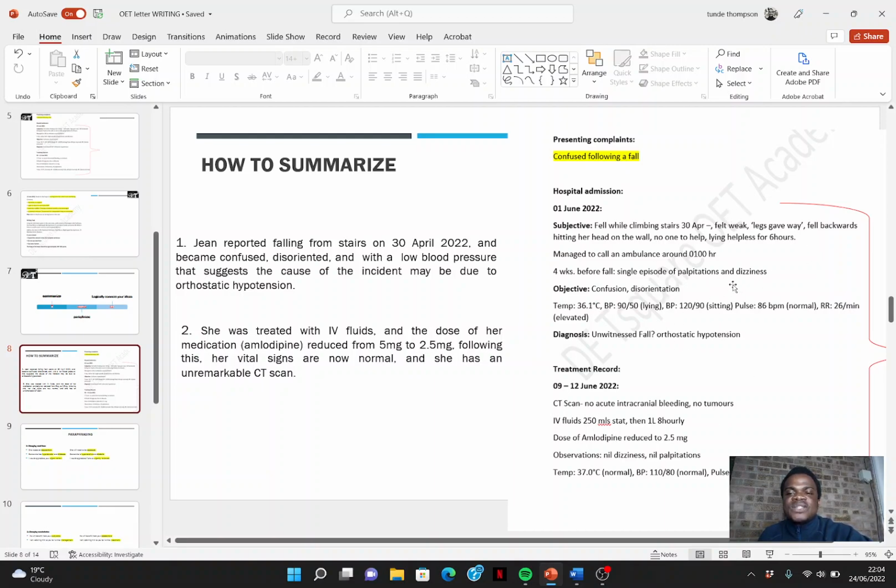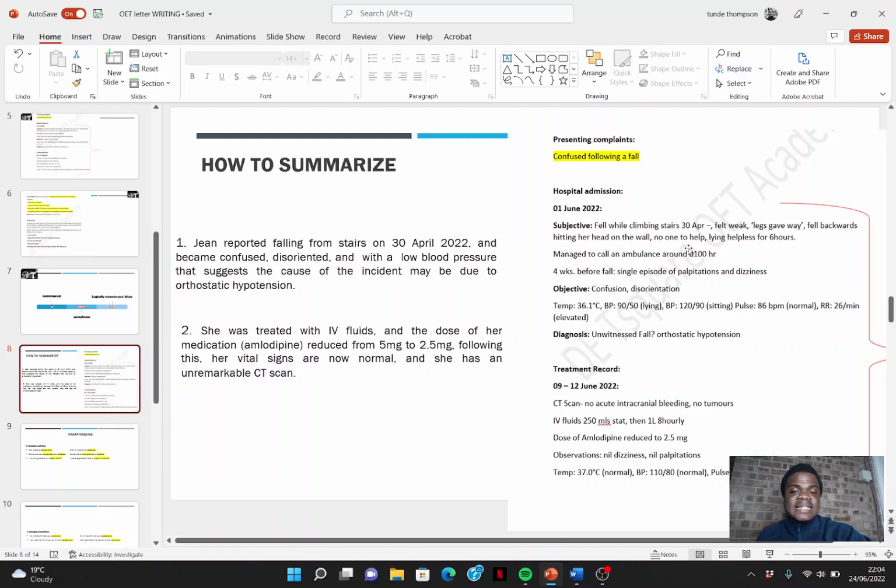If you look at this information here, there are a lot of details. For example, in the presenting complaints, this patient fell while climbing stairs on this date. She felt weak, legs gave way, fell backwards, hitting her head on the wall, no one to help, lying helpless for 6 hours. This information at this point is not really that relevant to the note we are writing,